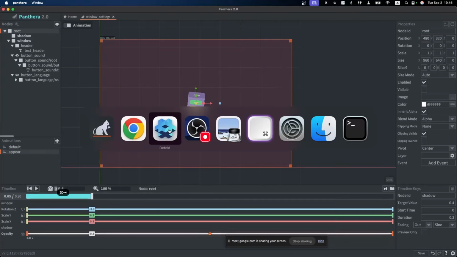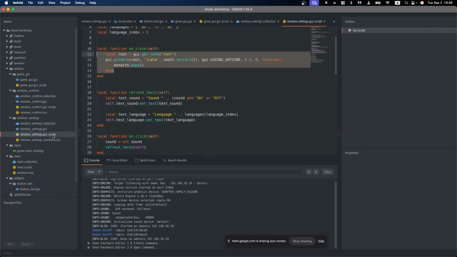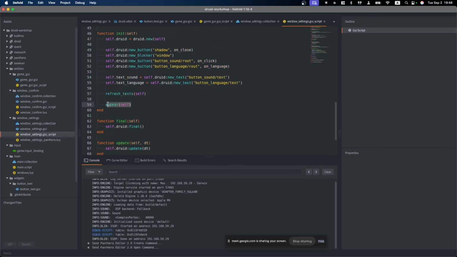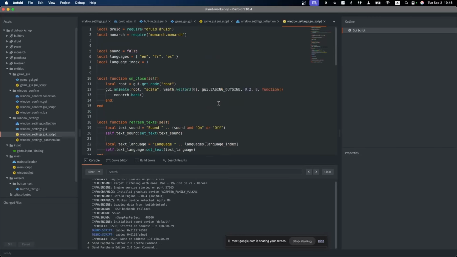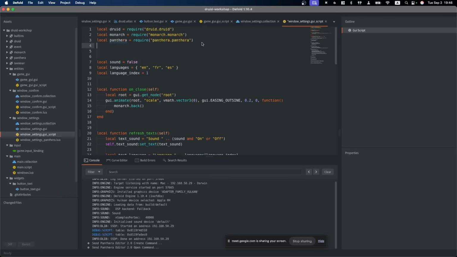So what do we have now? We have a Pantera file and a GUI script where we have our appear animations. So we want to just replace this code with our Pantera code. It's a dependency which we'll use. It's a Lua file. So let's use Pantera and we need to require our animation file.